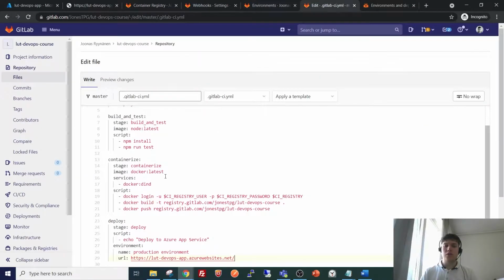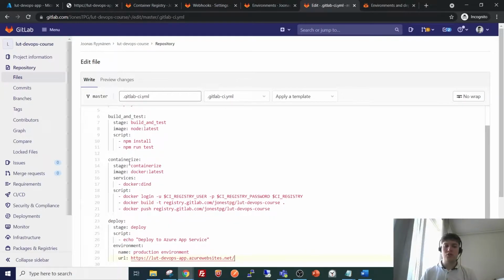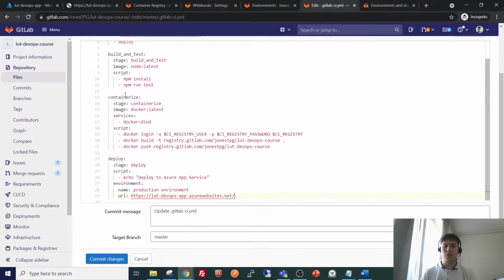So now after this edit, our pipeline should be complete, and it has all these 3 stages. The next thing to do is to test it out. We will first commit this change to the master branch.